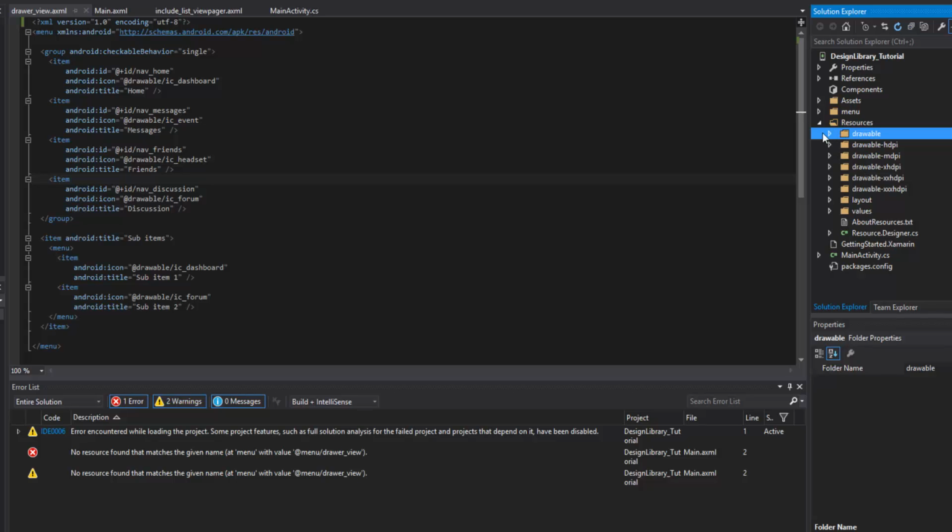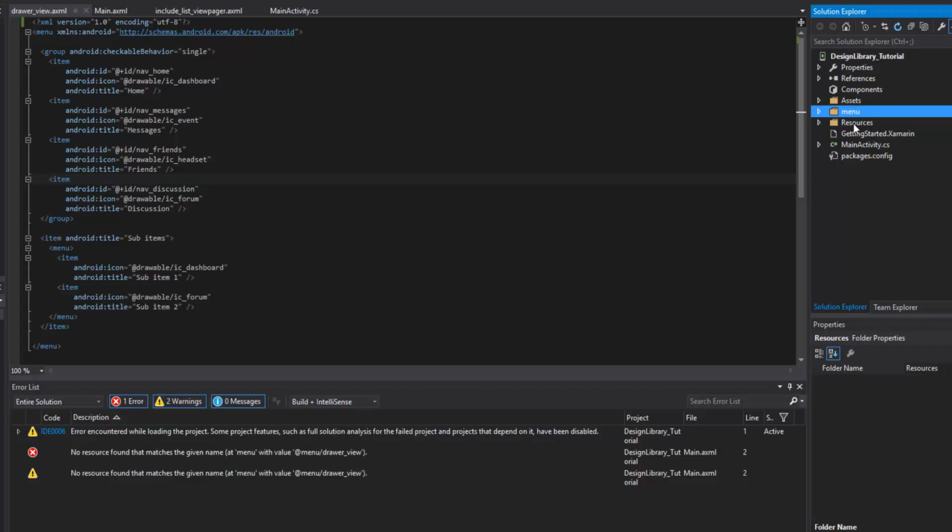One thing I did do wrong that I wanted to point out is I put the menu folder outside of the resources folder. That's obviously a big no-no. Shouldn't do that, and that is why my project is not compiling. But before I fix that, while I was importing the resources, I noticed that, but I didn't want to fix it yet until I actually showed you guys. So that's my bad. Sorry about that, guys. Let me go ahead and put that inside of, so I just dragged it and put it inside of my resources folder. I have my drawer view,